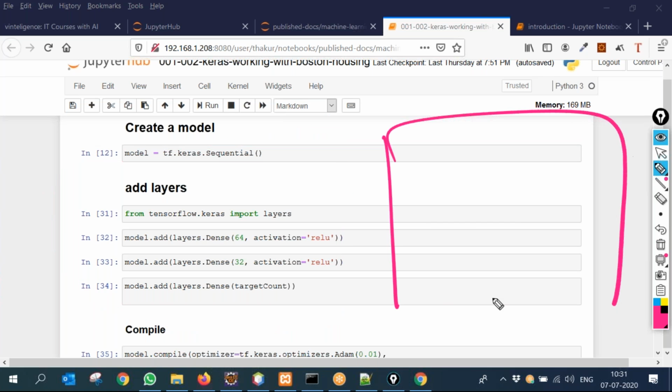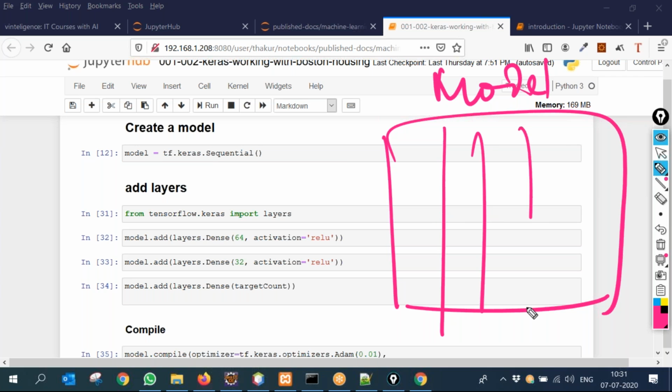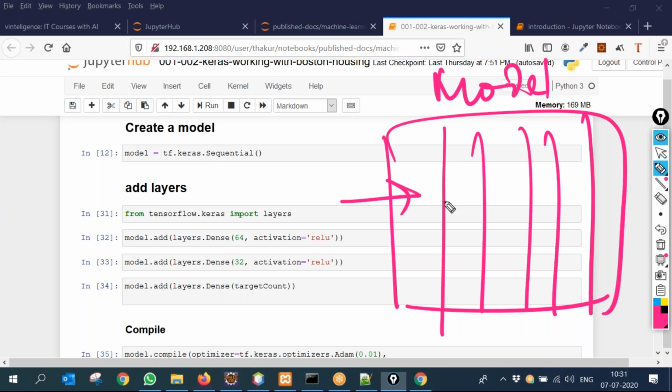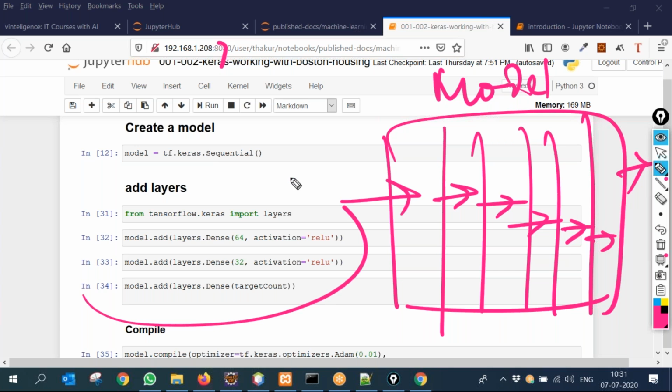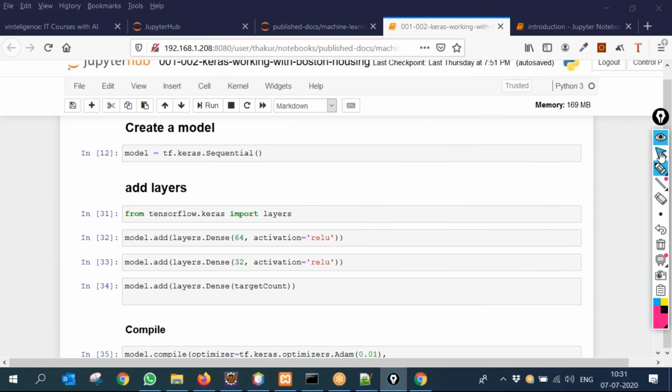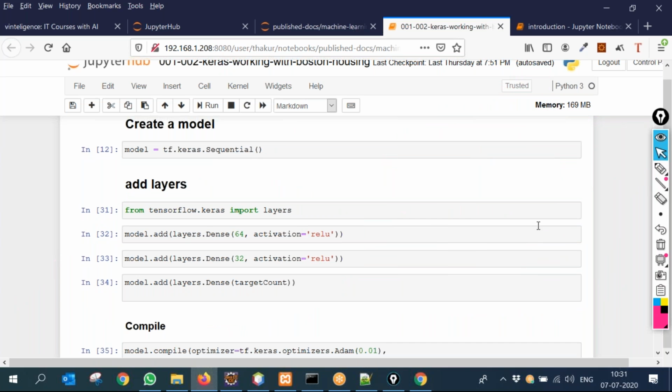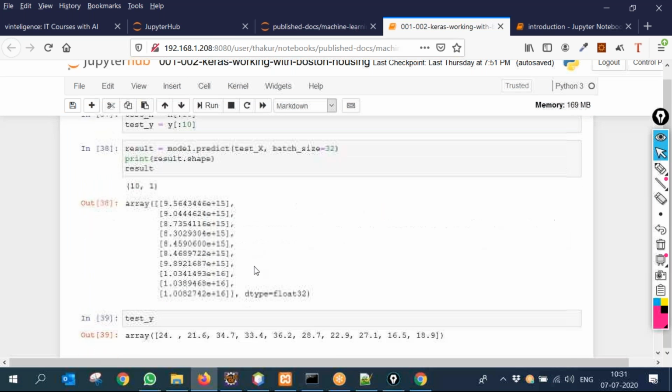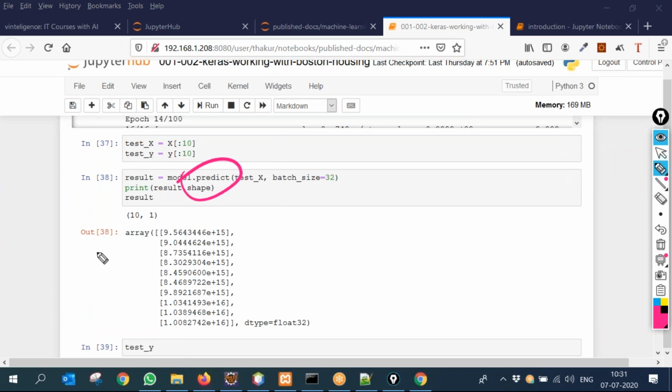We create a model with different layers, and data passes from one layer to another, and the final output is that. This is the model with 4 layers. And then we are compiling, we are running, we are passing the input data, training, and doing prediction.